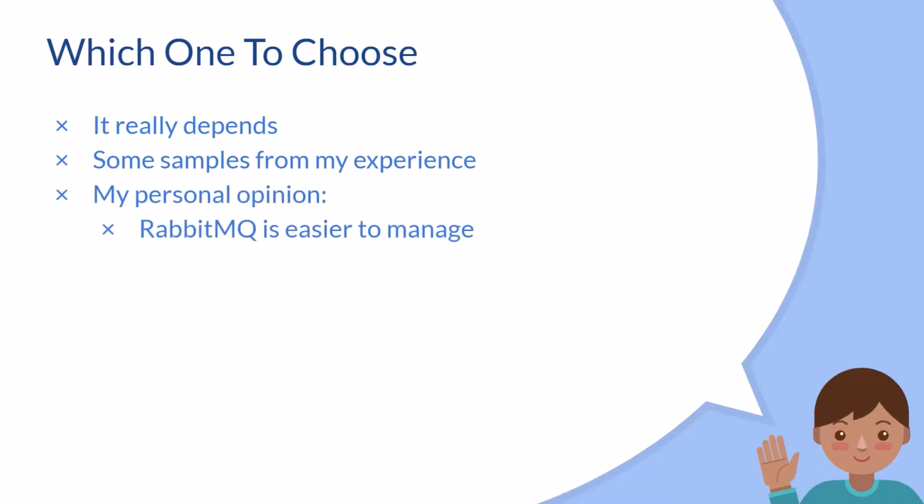RabbitMQ, in my experience, is somewhat easier to manage. You install it, and it works generally fine as a message broker. With Kafka, there are several things to be managed, like the cluster, application, producer, and consumer config. But Kafka is good for scalability, and usually a choice for big data streaming. Like in a bank, the transactions from ATMs, credit cards, and other channels can be streamed to Kafka and analyzed for